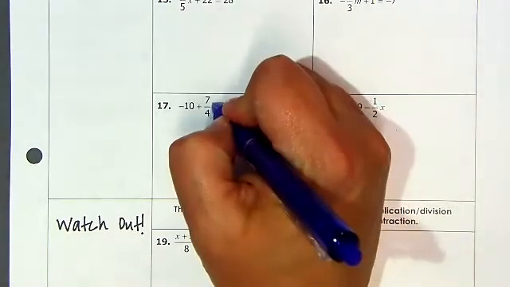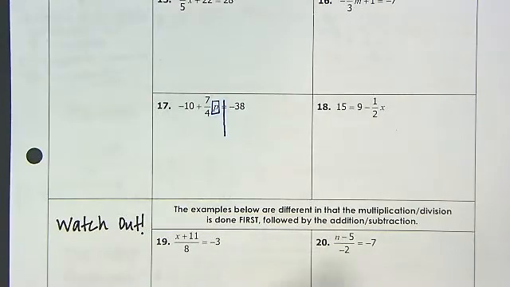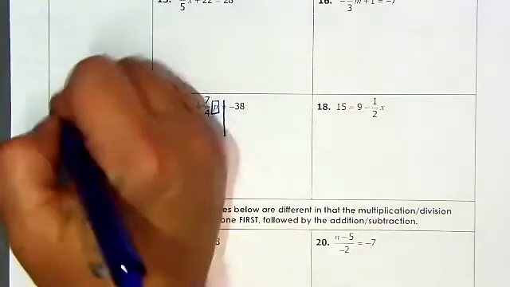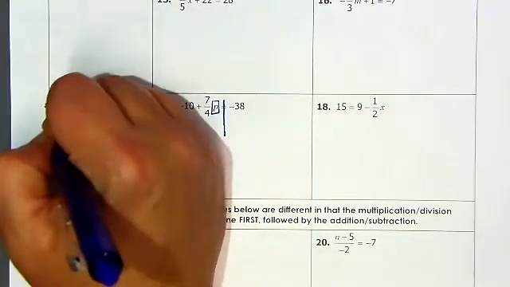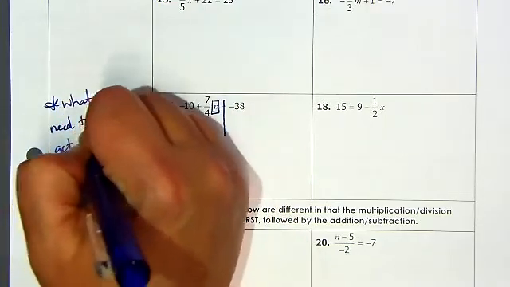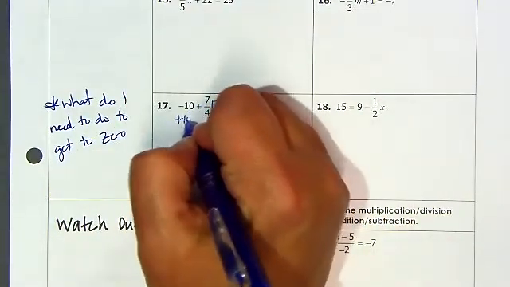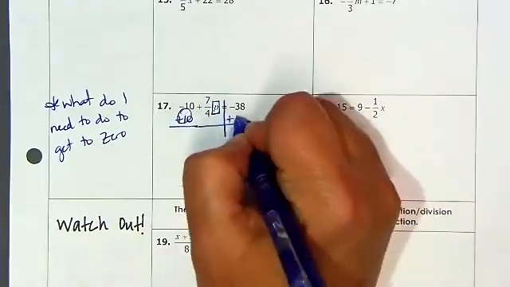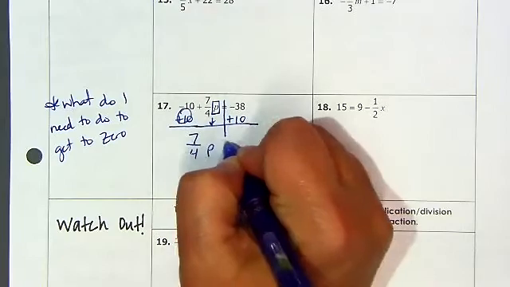Okay, again, goal is to get the P by itself. I've got to move what's farthest away. Okay, so that's a -10. Remember, the goal is, what do I have to do to get to 0? What do I need to do to get to 0? Well, if it's a -10, I'm going to move +10 to get that to equal 0. And if I add 10 on that side, I have to add 10 on this side. Bring everything else down. So I have 7/4 P equals